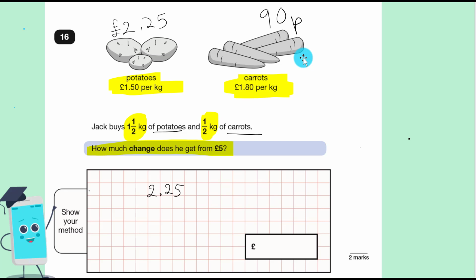£2.25 and 90p. This is where I need to be careful. This is £2.25. For my 90p, make sure you don't put 90p there, because that's actually £90. 90p is £0 and 90 pennies. And we need to add 5 plus 0 is 5, 2 plus 9 is 11, decimal point, 2 plus 1 is 3. So I now have the amount for my potatoes and carrots, so I could simply write next to here